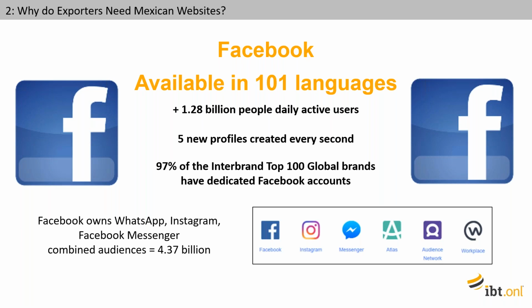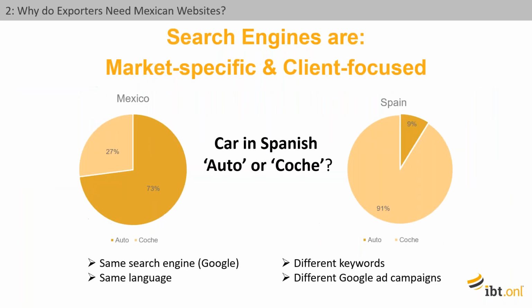Let's take an example now about some words and keywords. And again, this is interesting as well. Remember, we said that markets have to be very specific. Here's an example of a keyword. In this case, the word for car. In Spain it is different from Mexican Spanish. So if one of the important words for your business is car, let's say you're in the auto parts manufacturing business or something like that, if you were to use the word coche, which is the Spanish word for car, you would only have